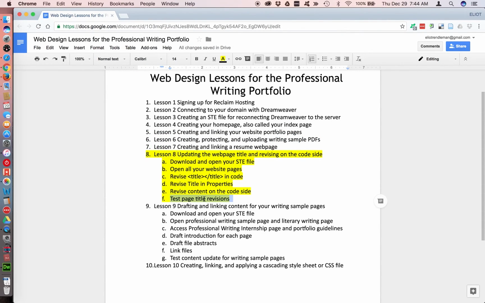We've tested the pages, changing the title in the code side, changing the title in the properties window, and changing a little bit of content on the code side, thus viewing the design and code views. This ends Lesson 8, updating the web page title and revising on the code side, a part of the series,